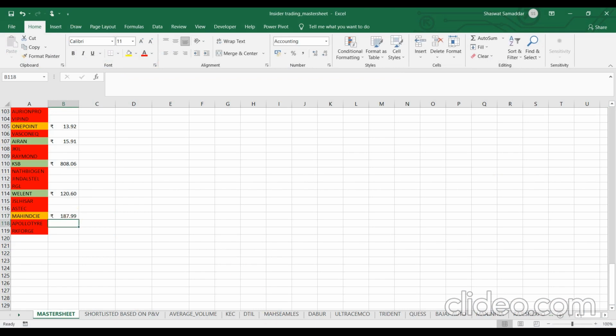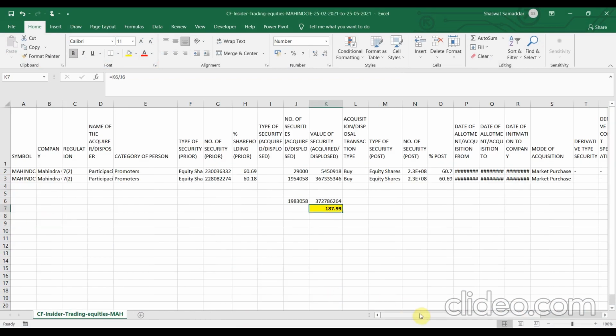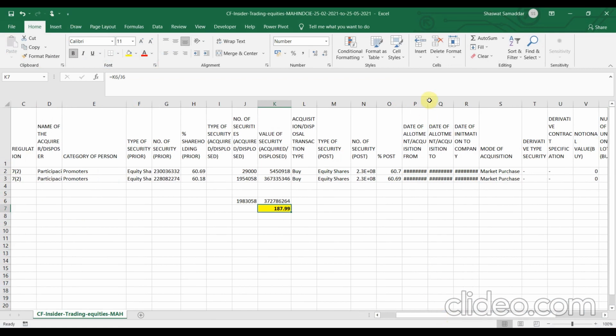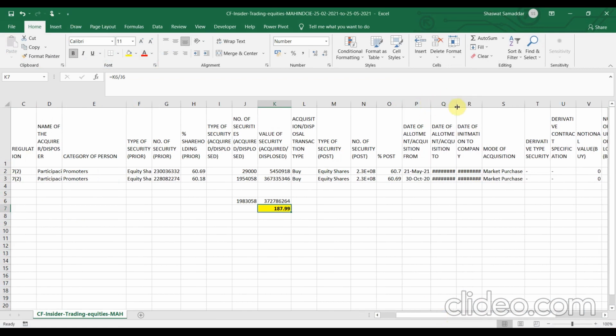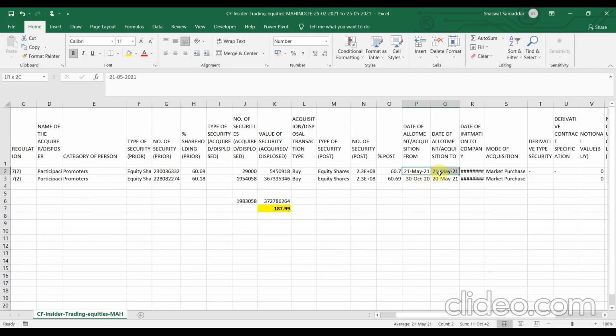Now, one key piece of information that I skipped here is the date of allotment and the date of acquisition. These dates are important because they reflect the exact date on which the promoters bought this particular stock from the market.